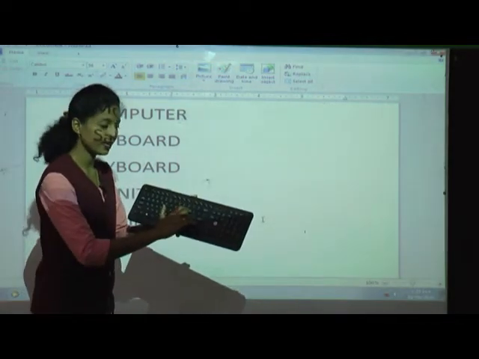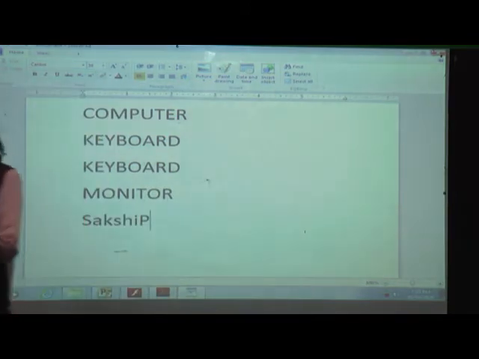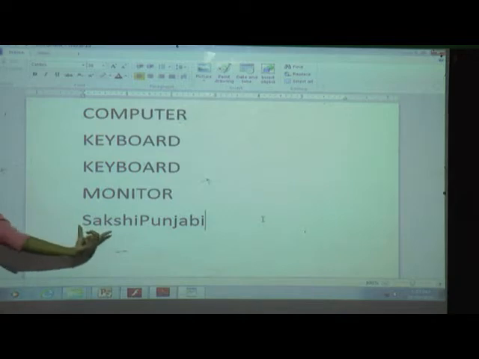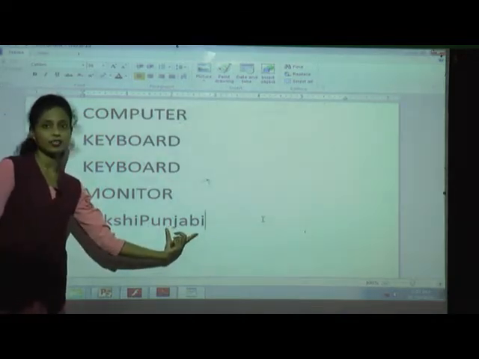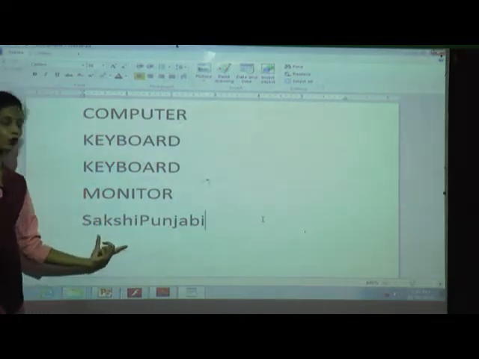Shift key and then P. Then only one letter is capital. You can understand this is another word and this is another word, no? Why?